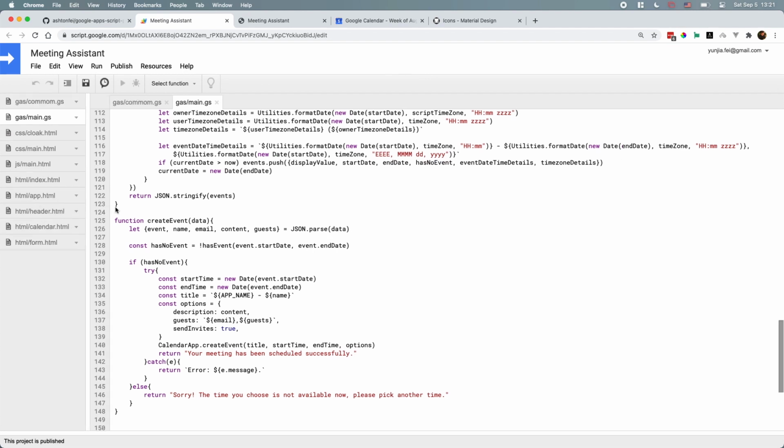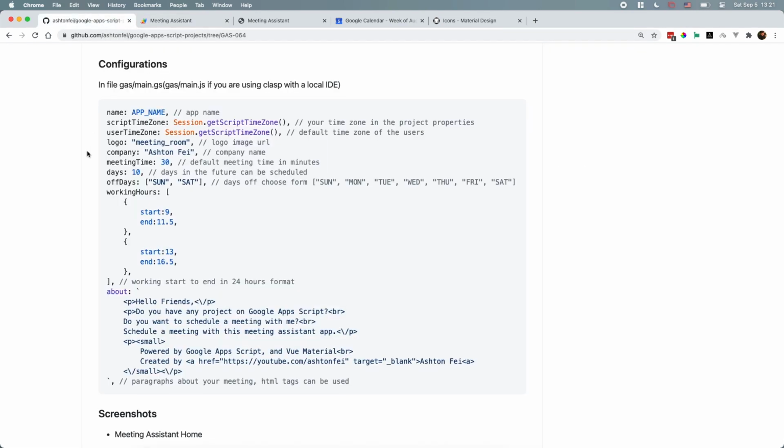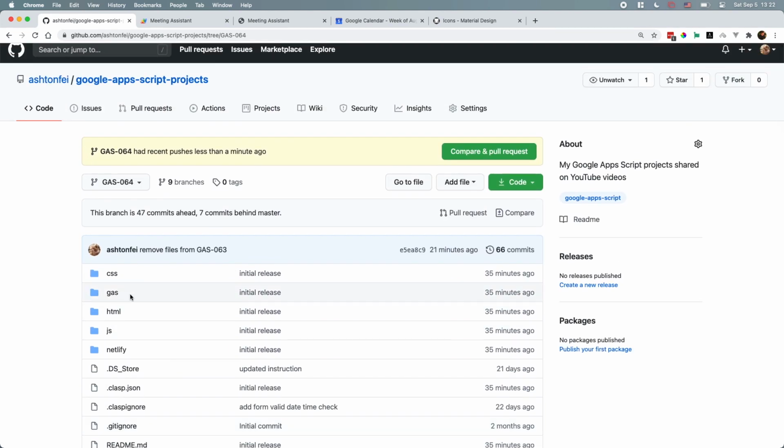All right, so basically this file structure is not very easy to read because there's a lot of files and it's not organized very well because I'm using the class. So if I go back to the GitHub repository, as you can see, all the files are organized in folders. So for the CSS, for the style sheet, you're going to this CSS folder,